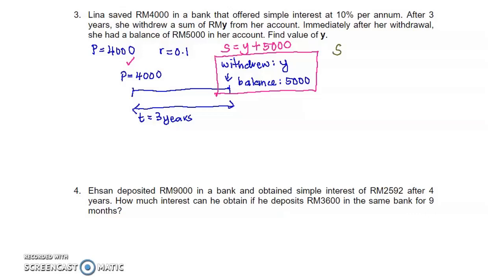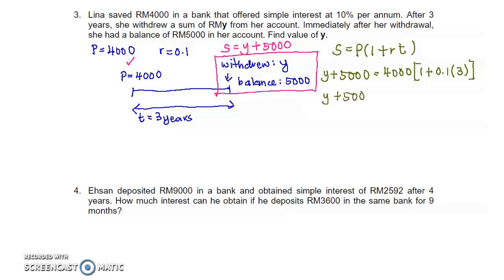So we know that S equal to P(1 plus RT). Here we know that S is Y plus 5,000, principal 4,000, 1 plus R 10%, and T 3 years. T is 3 years already, no need to divide by 12 or 360 because it is already in years. So Y plus 5,000 equal to,